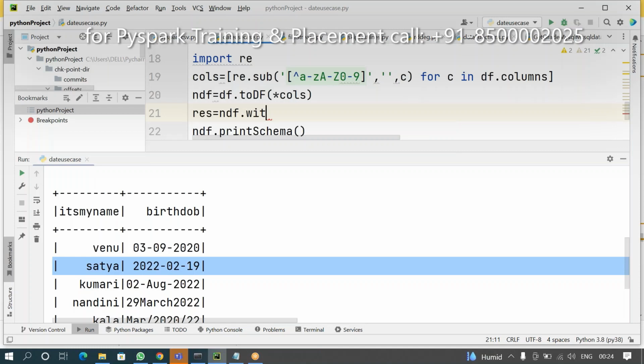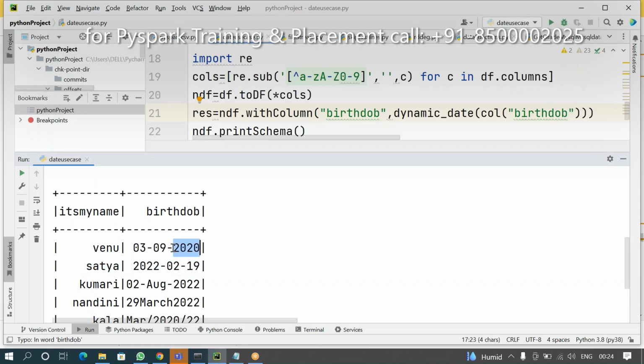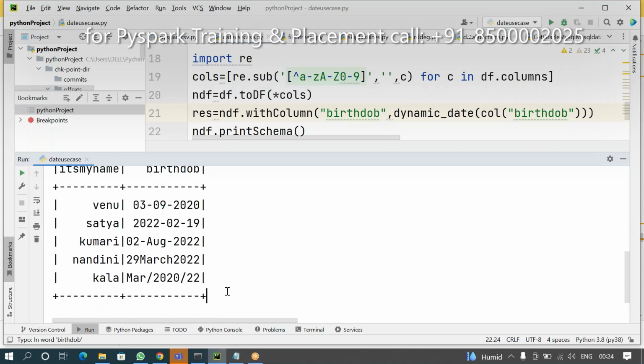Result is equal to the DataFrame with the column birthday, followed by, what are you doing here? Dynamic date, call this function. At the time what happened? This is a small record. If you want, take a photo, otherwise you'll get confused.